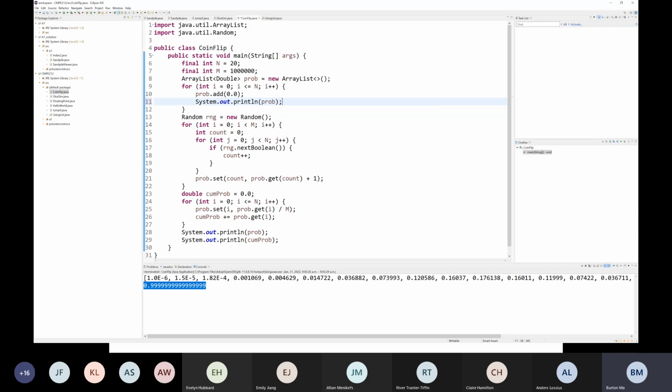So this is one of the nice things in Java compared to C. I can actually print out a list, and I don't have to write my own loop or function to do so. If I simply send the list to the println method, it'll automatically print out the list. So I'm going to print out the value of I